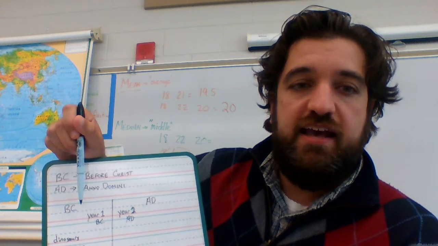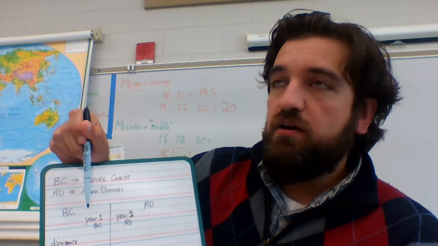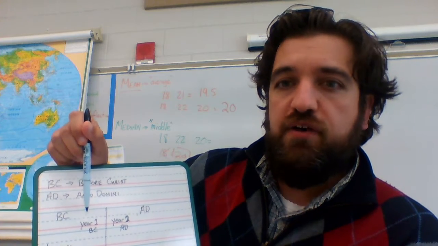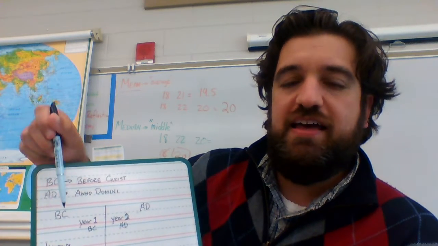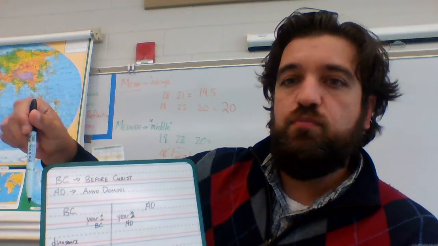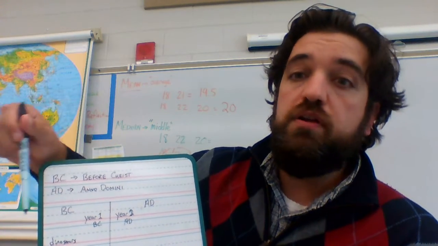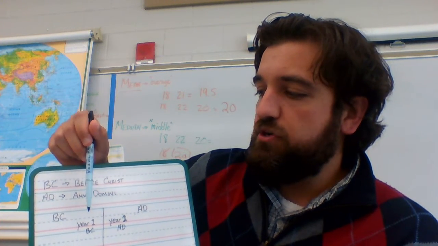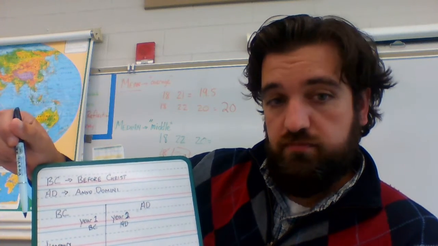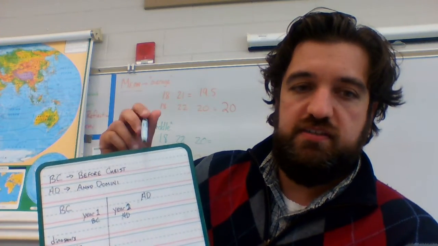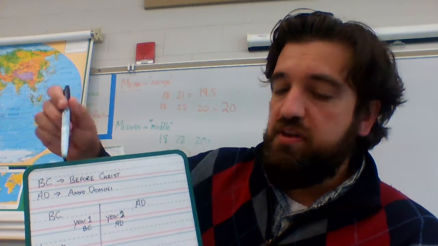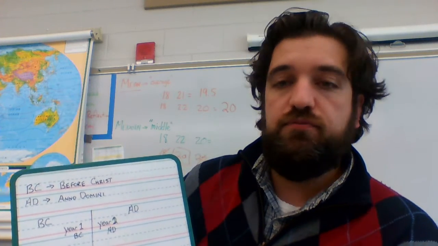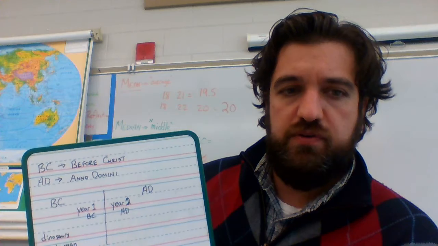And BC, it actually counts basically using negative numbers. So, for instance, when there was a Stegosaurus around, that would be 95 million BC, okay? So that number is larger because it gets further away. The same way if we were doing negative numbers, negative 100 is further away from 0 than negative 10. Okay. So again, BC is what happened before. Okay. And then now we're in present day, we're dealing in AD. The bigger the number in BC, the further away we go. The bigger the number in AD, well, the further we are to the present or even in the future. Okay. So I'll talk